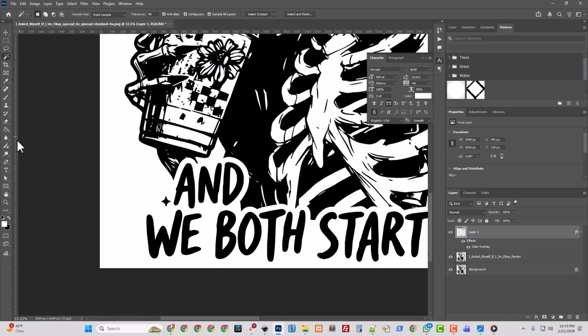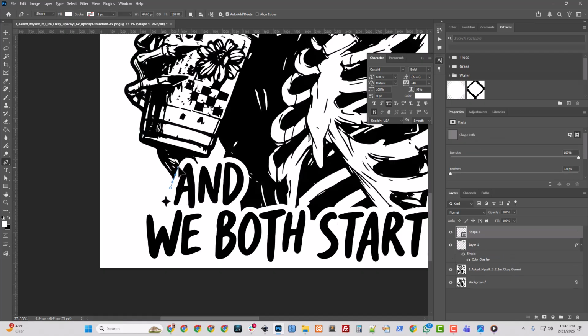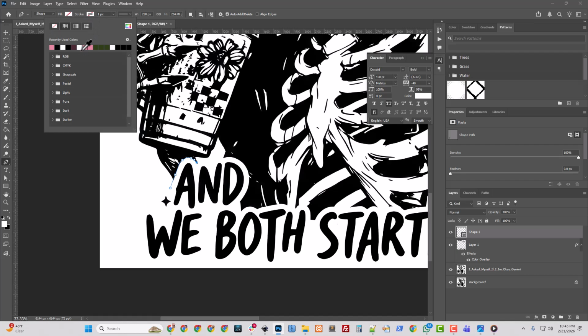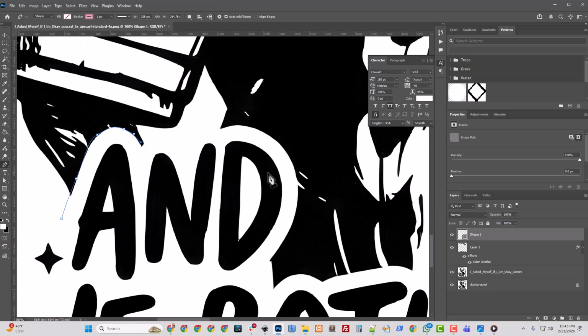And then we're going to work on this "and." See, I really do want to preserve this stroke and everything. So I'm just going to do just the cutout part. I'm going to go here and just draw in this stroke. We'll turn off the fill, and turn a pink stroke on so we can see what we're doing. And zoom in here. So I'll adjust that last point that I made here. And I'm actually just going to think about how I want to complete it. I'll actually go right up here.